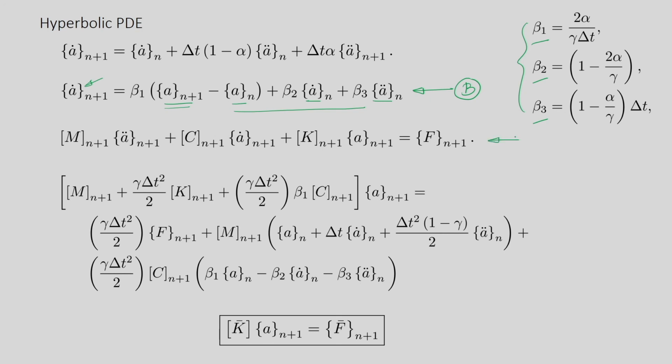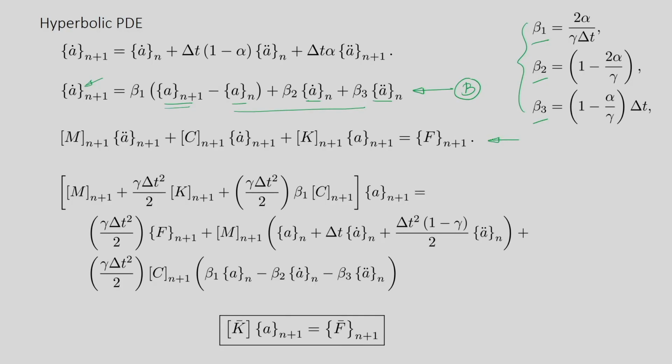Now we will go back and write the equilibrium equation that we just obtained through spatial discretization. Now since this equilibrium equation is valid at certain discrete points in the domain but for all time instances, these are second order ordinary differential equations. These are maintaining the equilibrium at certain discrete points in the domain but for all time instant t. Alright. So it will be true for time instant t n plus 1 as well. So that's why the equilibrium equation is written at t n plus 1.